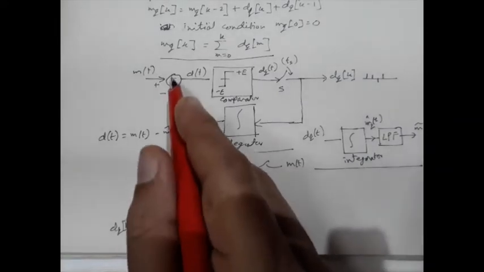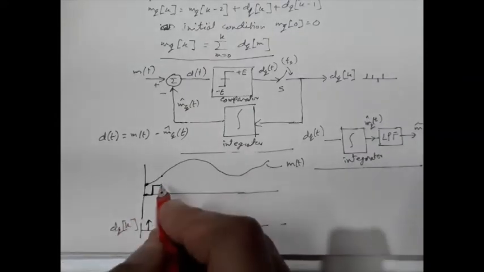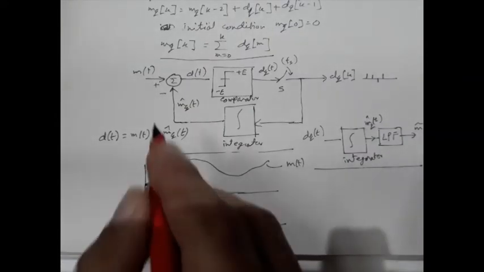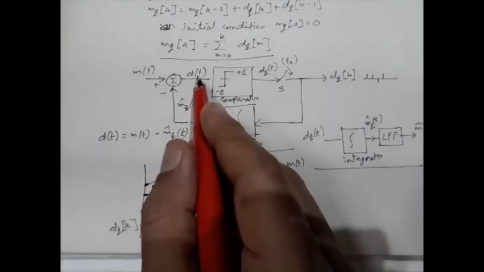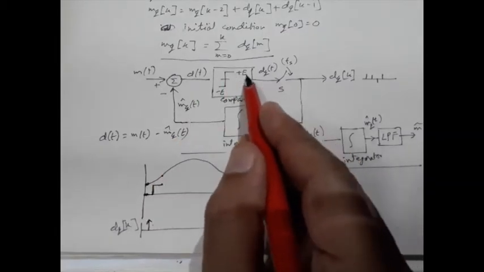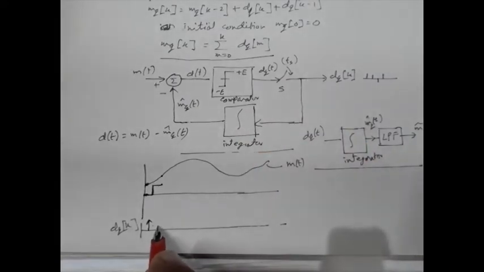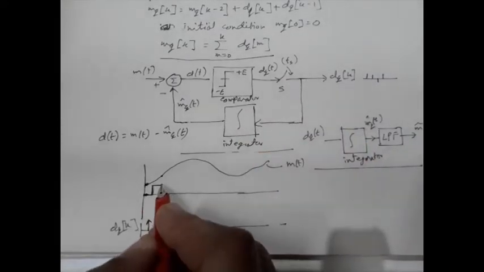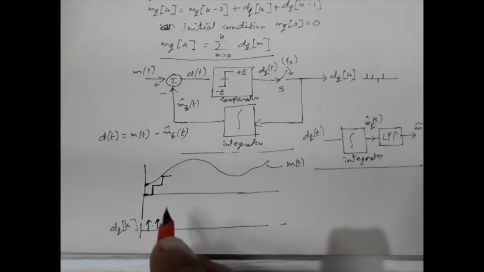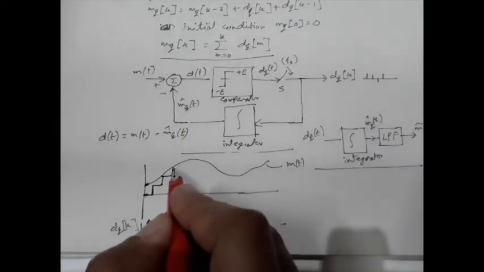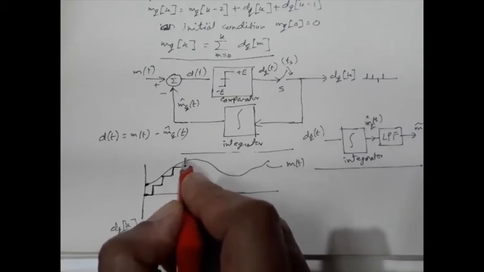So again it will compare this D. So at this point here, this is M, this is M̂Q. Again M is higher, so D will be positive, so DQ(t) will be plus E volt, and we will get another positive spike right here. So at this position we will get another positive spike, and it will be like this. So in this way we will get positive spikes, and the integrator output will follow or try to follow the input signal in a staircase fashion.